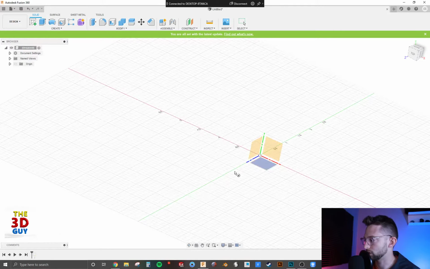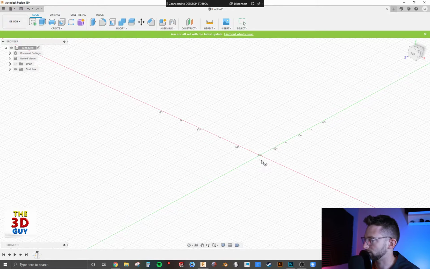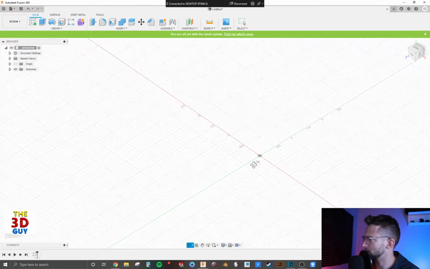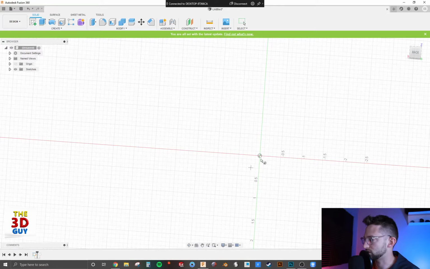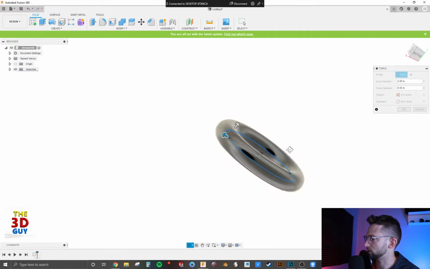So with the Taurus, you want to choose a plane. We're just going to choose the floor, the base. I guess in this instance is the back. And it's going to ask us to drop a circle. So I'm just going to use a center point. And you can see I have this circle created. I'm going to put 2, click enter,